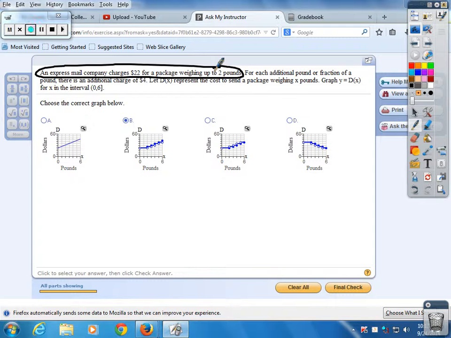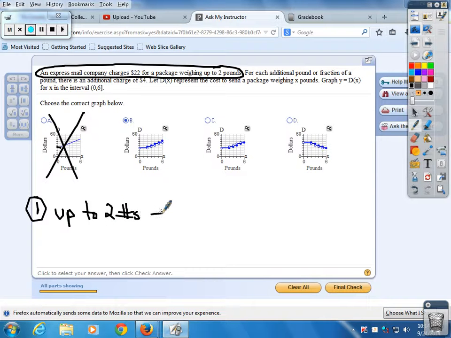Now, ask yourself this question. What does the graph look like up to 2 pounds? Why? Because the price is the same up to 2 pounds. Exactly. So what does that tell you about answer A? It's wrong. Answer A is wrong because it doesn't have a flat line from 0 to 2. These do. So the first thing you think about is up to 2 pounds,